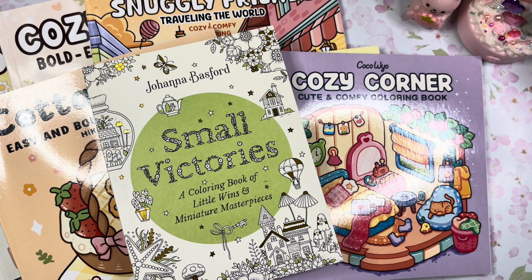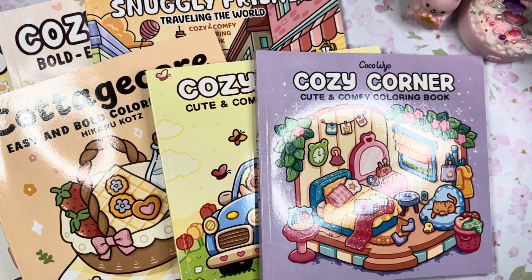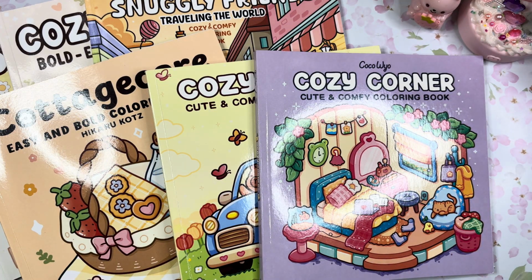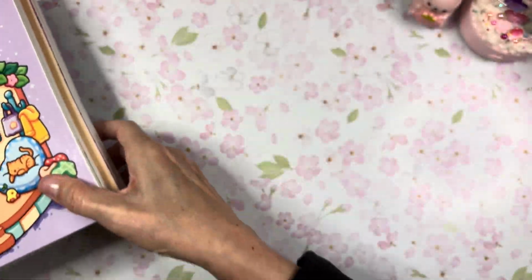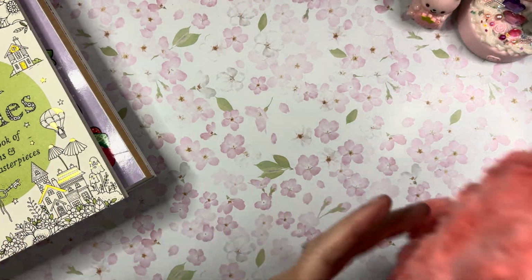Let's see, I have coloring plans coming up for May. It's going to be this for my gel pen collaboration. And then I've got some more Johanna Basford books coming. I've showed a couple of the little miniature ones in my last haul that I'll be coloring in. And then I'm going to pick some open collabs that some friends on YouTube are doing. And that's what I'm going to do all of May for my coloring, because I